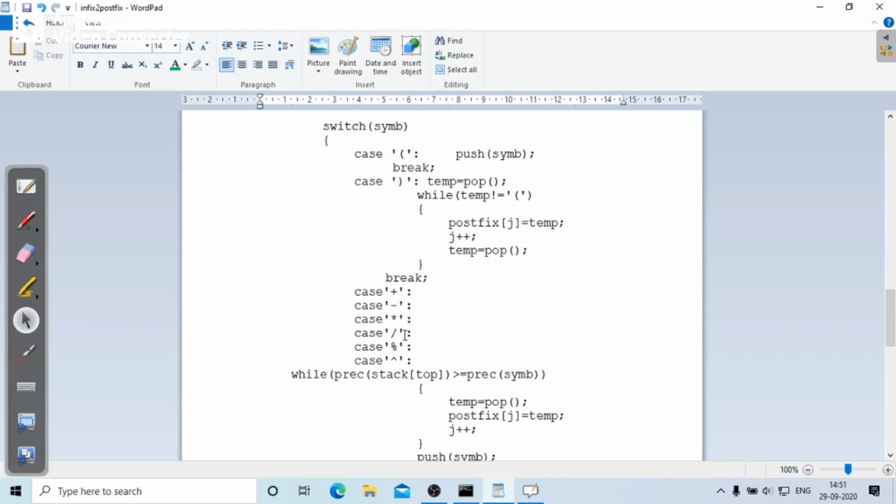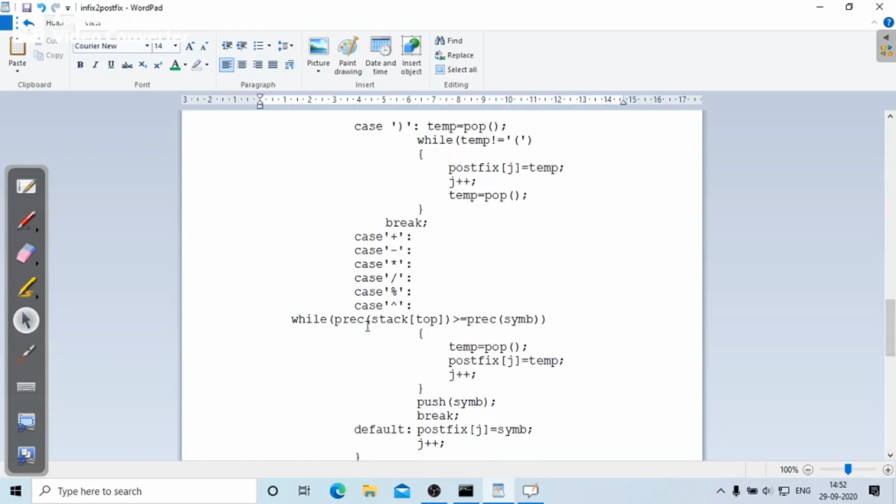Suppose the symbol you have got is any of the operators like plus, minus, star, slash, percentage, or power. It's not open bracket, it's a power. If it is any one of these characters, then you have to check whether the precedence of the stack top is greater than or equal to the precedence of the symbol. If so, you pop the stack symbol and put it into the postfix expression.